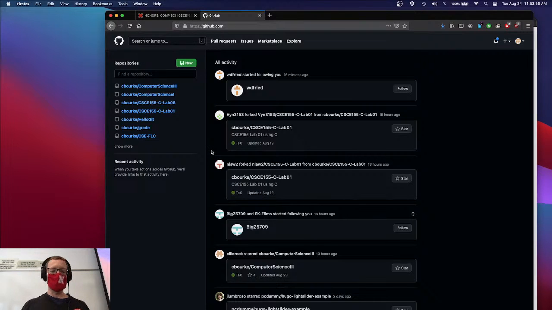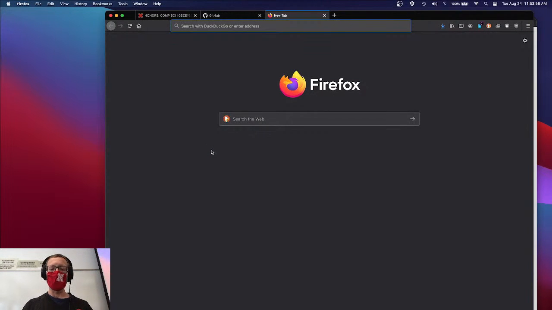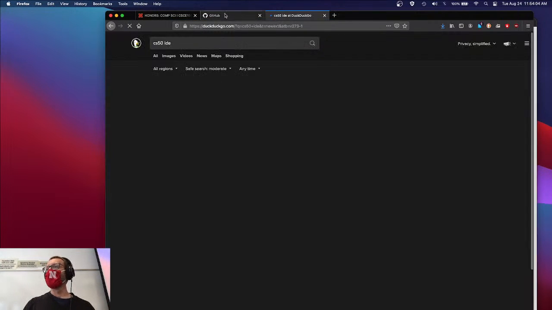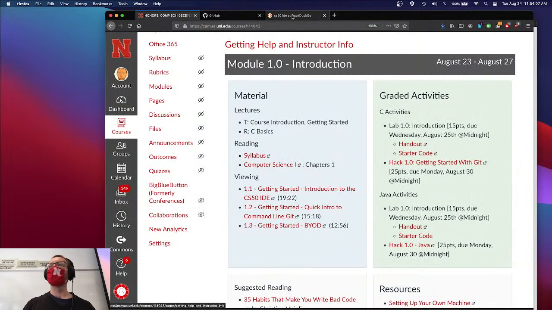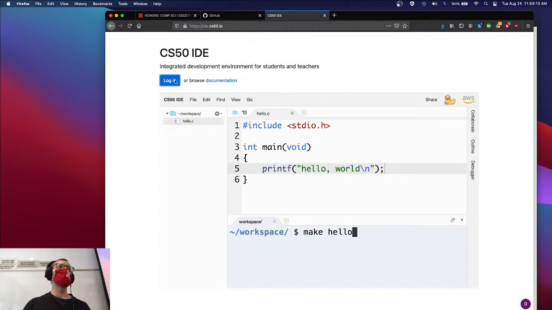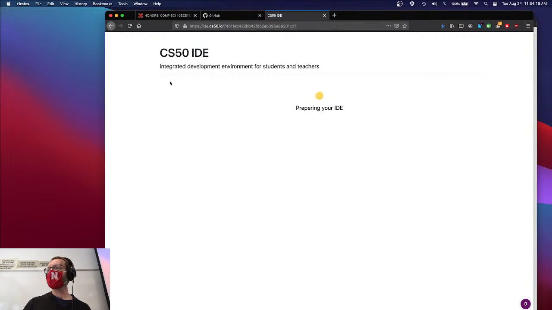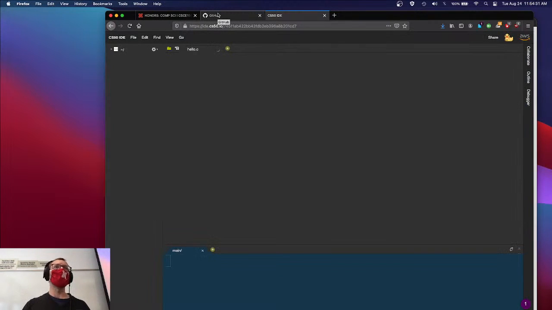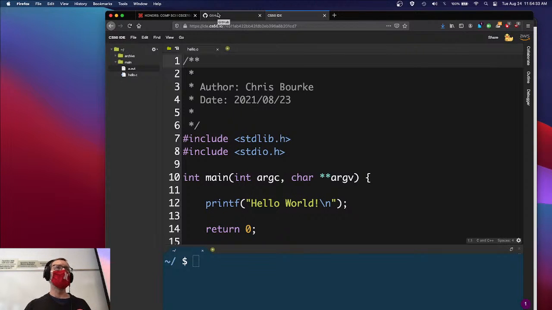What we suggest you use, and what the demonstration I was going to give right now is for, is for C, the CS50 IDE. In fact, this is what Lab 1 and Hack 1 walk you through. Once you've got your GitHub account, the CS50 IDE is a free instance of Amazon Web Services Cloud 9. All you have to do is log in here using your GitHub account. It is a completely 100% browser-based programming environment. This is what we recommend for C. If you want to, you can of course download whatever you need on your own computer and do development in C on your own computer. But otherwise,